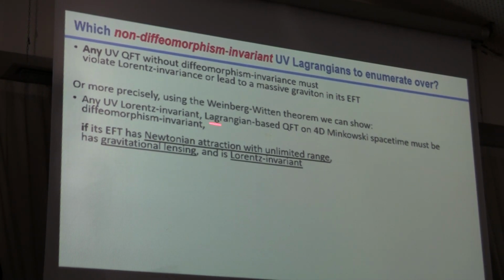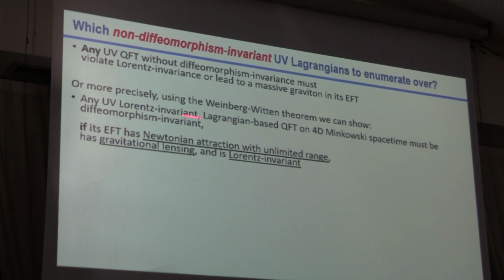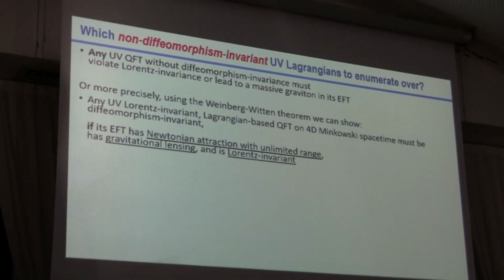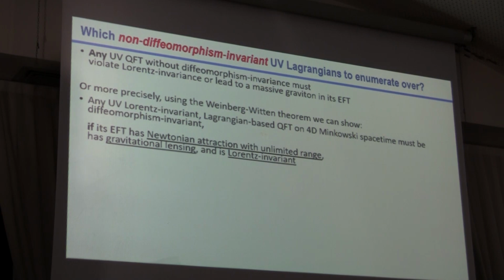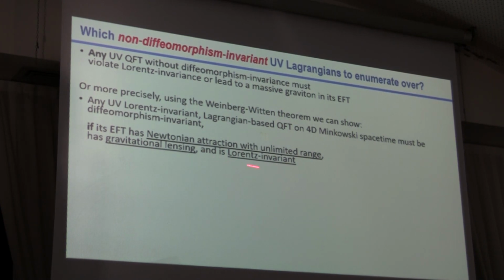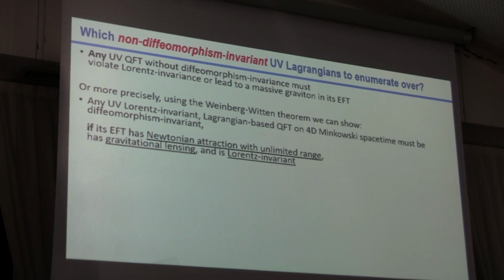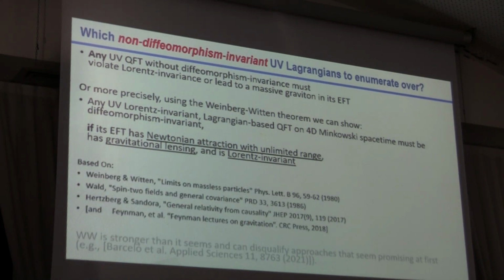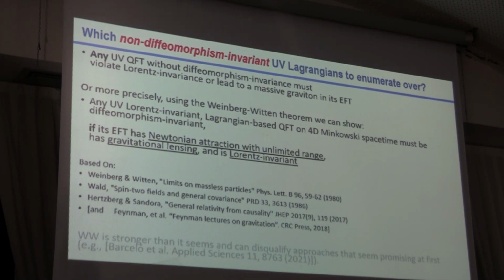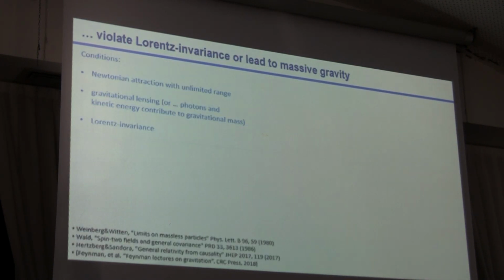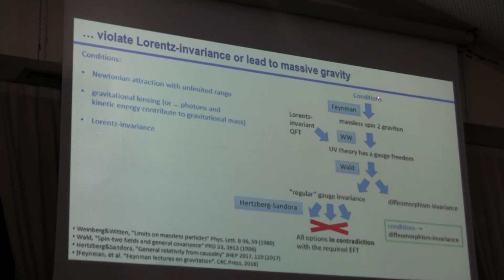And more precisely, if you look at what is the actual condition for something to avoid diffeomorphism invariance, or for the EFT to be, but the UV not to be, then there are kind of three conditions. We need to break one of them at least. And what you can show by following on Weinberg-Witten, Weld, Herzberg, and Sandora, and some stuff by Feynman, is that from those conditions, you can actually get precisely to the fact that this is the kind of flow that I'll skip. But by a couple of different papers, you start from those conditions, and we very quickly get to